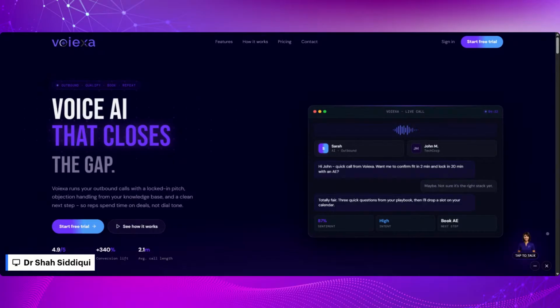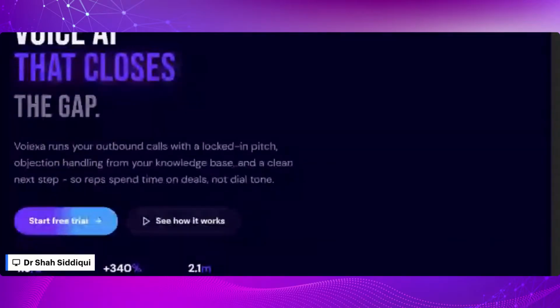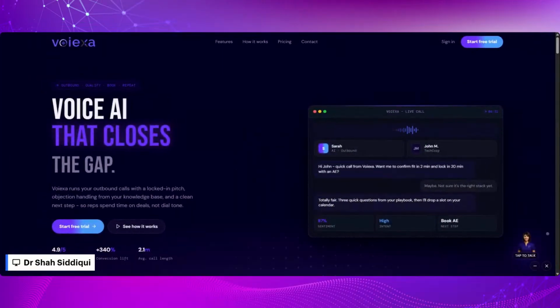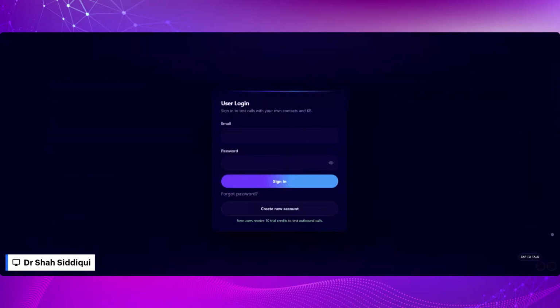You may ask specifically what it can bring. Voiexa can do a lot of different things, and I will show you by going through a specification of Voiexa. So I have to log into the accounts.